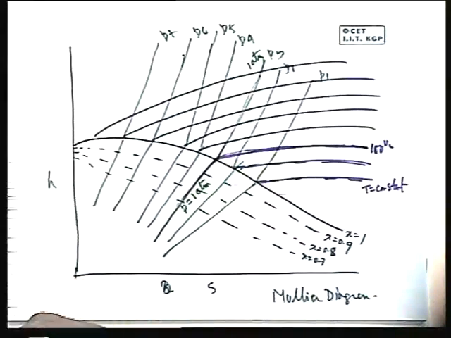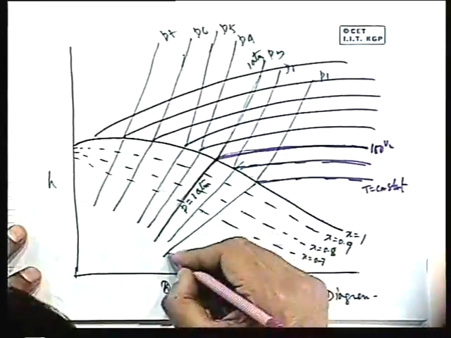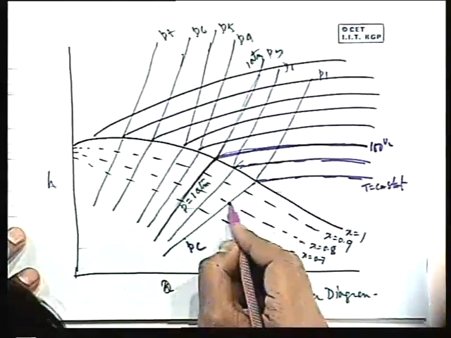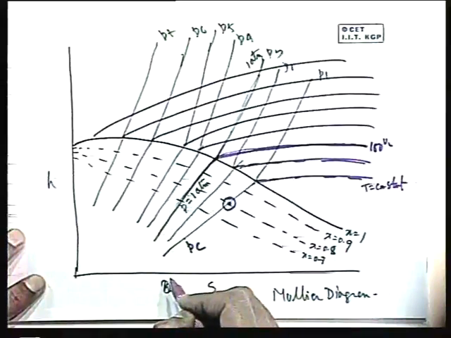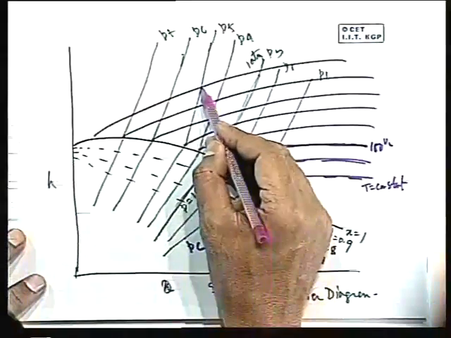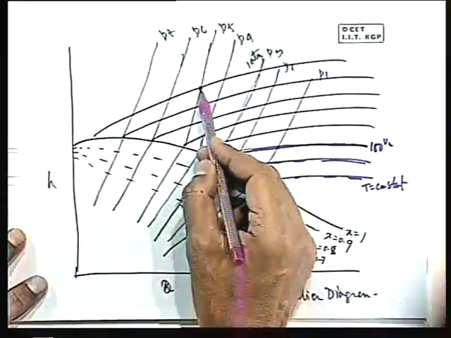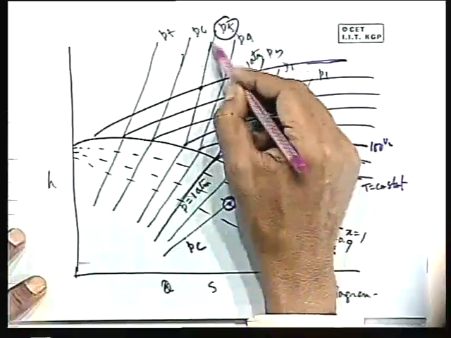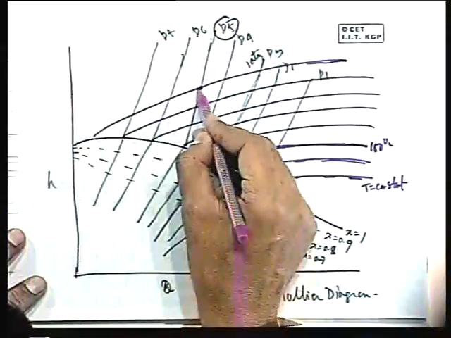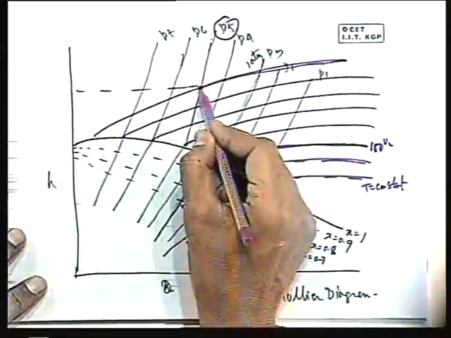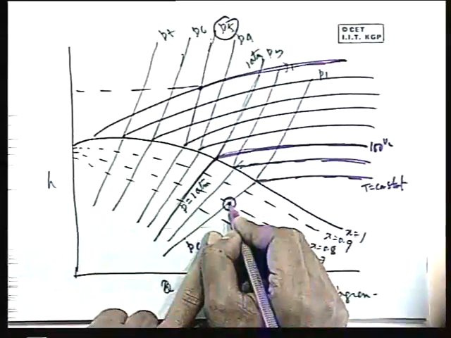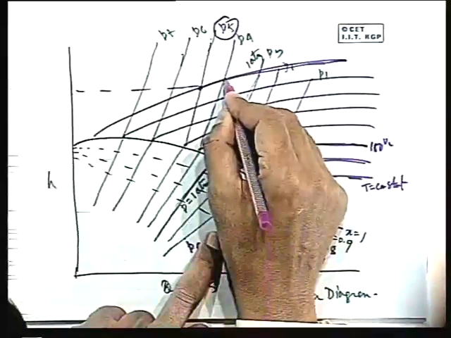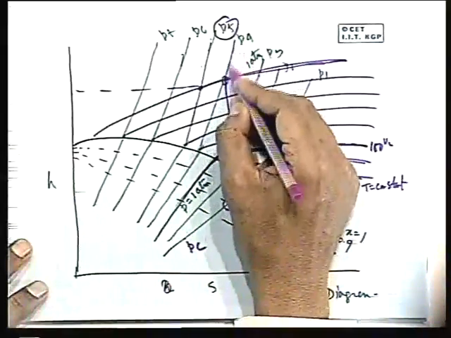Now if we know the condenser pressure, for example, this is my point, this is the condenser pressure PC, and my expansion is limited by point A. And I know the initial temperature and initial pressure here. The initial temperature is this line, and the initial pressure is this, this is P5. So this is the initial temperature line, and from this expansion I will have to go straight to the point which will cut the